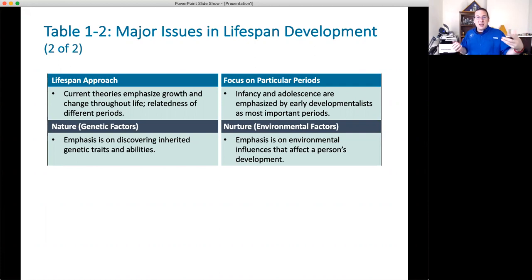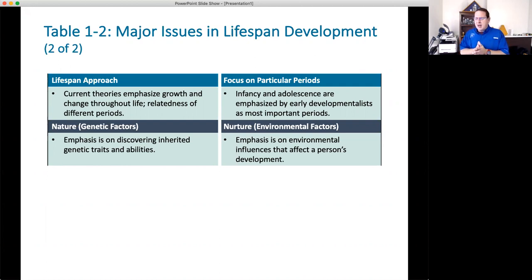Are they going to talk the same? Are they going to have the same disposition? Are they going to be anxious? Are they going to be calm? Are they going to be predisposed to maybe depression or anxiety or some other, like schizophrenia? Keep in mind that it could be both. It could be both nature and nurture, both at the same time.